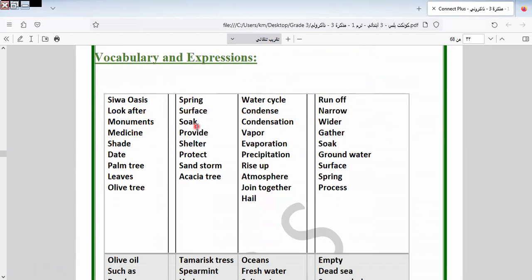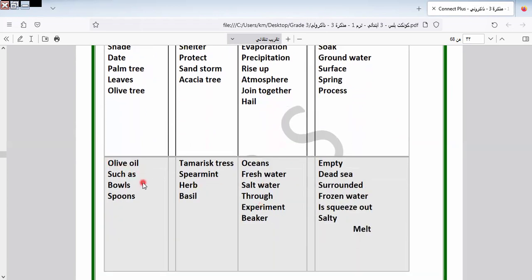Here we have monuments, soak, condensation, wider, medicine, provide, vapor, gather, shade, shoulder, evaporation, soak, date, product, precipitation, groundwater, palm tree, sandstorm, raise up, surface, leaves, acacia tree, atmosphere, spring, olive, join together, process, hail. Here we have olive oil. Here we have such as towels, spoons, tamarisk trees, this kind of trees, spearmint is